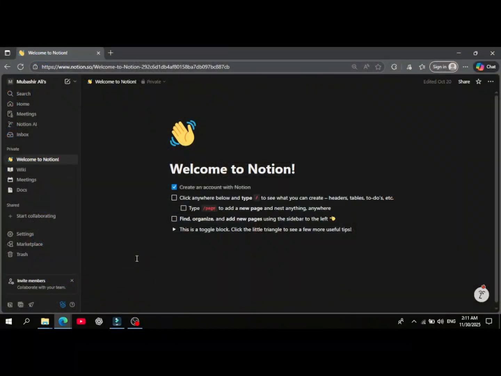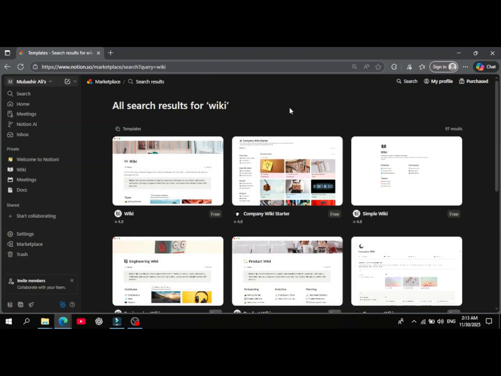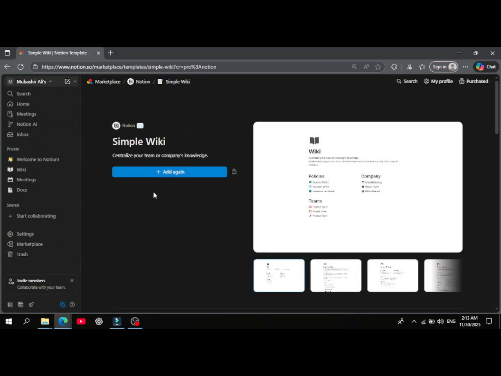instantly. Start by clicking the drop-down arrow next to your workspace name in the top left corner, then select Browse Templates. In the search bar, type Wiki and pick a template that fits your needs, whether it's minimalist or made for team collaboration. Click Add, and the template will appear in your workspace with sections, a home page, and a